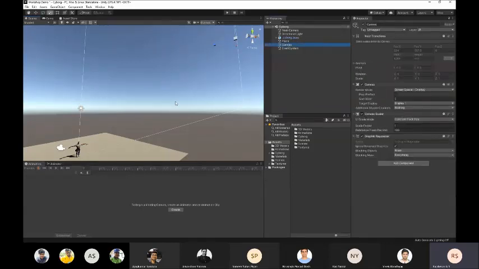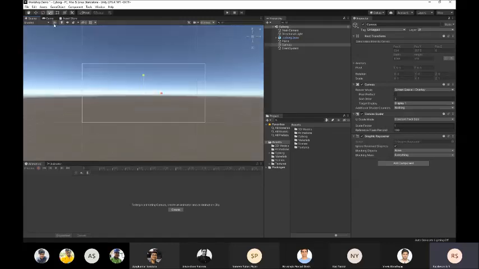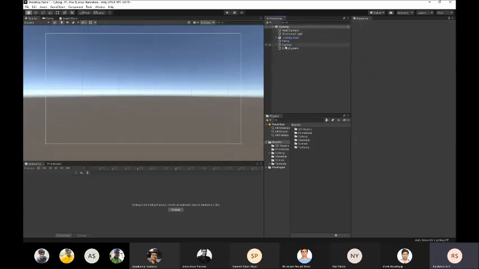So let me bring this canvas into focus by pressing F. And when editing UI, it's always a good idea to go into 2D mode, right? Because UI is in 2D. So go to 2D mode and you can see my canvas over here, this white thing. So all the UI you design will be on this canvas. This is a bit tricky to understand in terms of how it would come in the game view. So let me explain through an example.